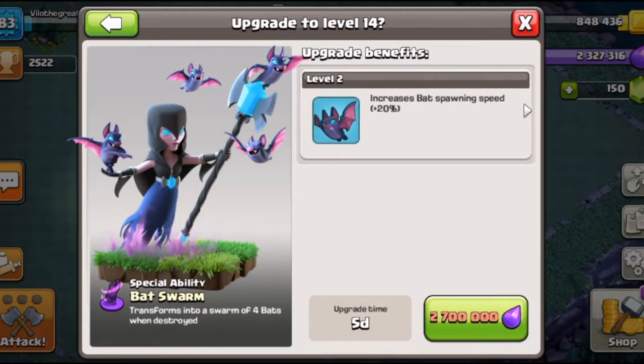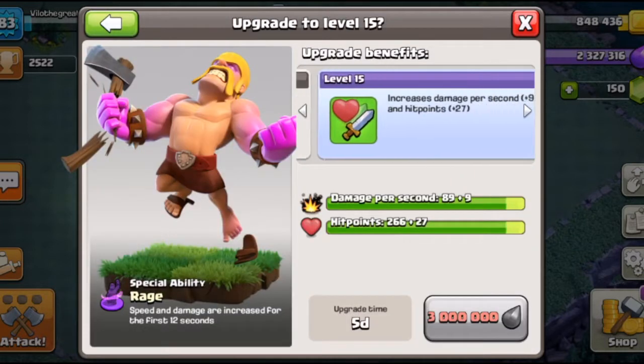So your night witches, what they actually do is they attack via the ground by using this wand here, and also they spawn bats which attack the enemies from the air. Now, they're who I'm actually going to be focusing on today, but I will tell you as well, of course,